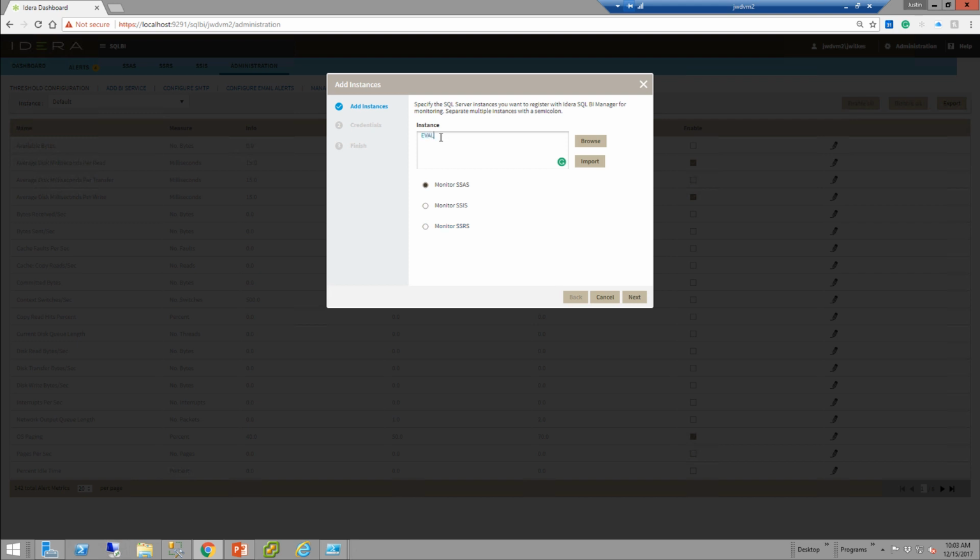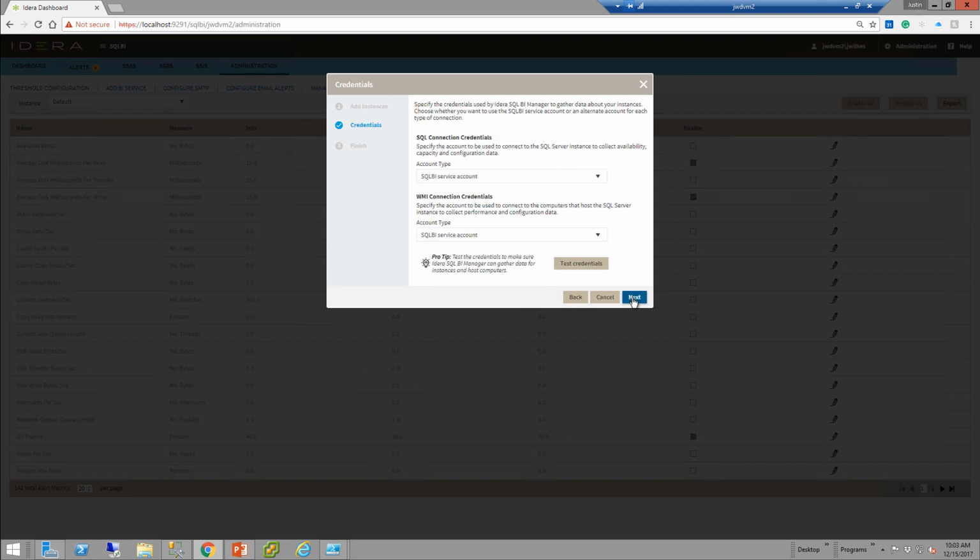Be aware that when you're adding services, you can specify different accounts to connect. By default, we're going to use the service account that was tied to the BI installation, but you can specify SQL logins or other Windows user accounts. Specifically, if the SQL instance or service is in a different domain, then you can use different credentials and test those credentials here. Once you've added a BI service, and I'm going to go ahead and cancel out of this,